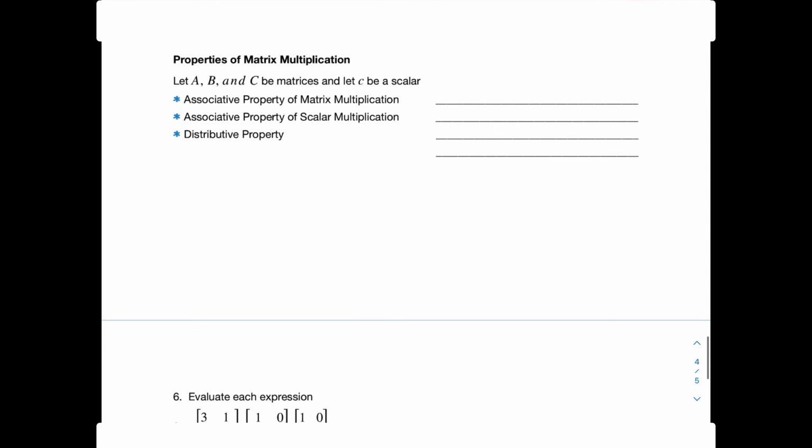Okay, some matrix operations that you need to know about matrix multiplication. Given that A, B, and C are matrices and little c is a scalar. The associative property of matrix multiplication means that if I have matrix A times, in parentheses, matrix B times matrix C, that is equivalent to matrix A times matrix B, times matrix C. So basically, as long as I don't change the order in which I write these, I can multiply the B and C together first and then take A times the answer,